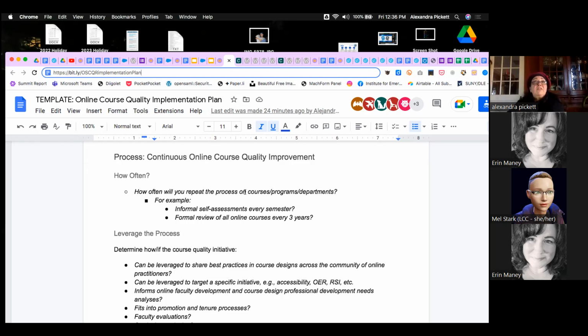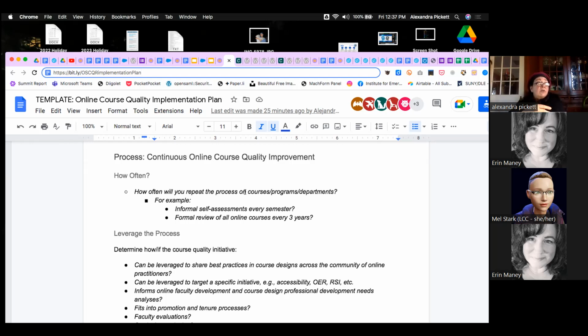Like I said, this is intended to reflect a culture of continuous improvement. And so you may be targeting accessibility or RSI or engagement or whatever, but continuous improvement means you're constantly attending to improving the design and the quality of the courses and the preparation of the faculty to teach with